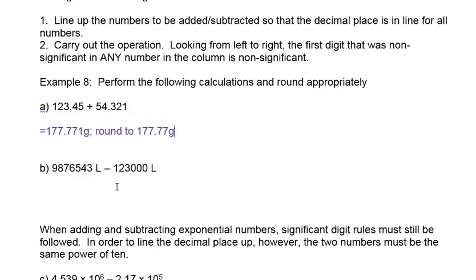This one here, again, it might be nice to just line them up. So when we put that in, we're going to have 3 zeros, a 3, a 2, and a 1 to make sure they're lined up here. Also notice when we're adding, we can only add and subtract things that have the same units, and our final answer is going to be in those units, right? It makes sense. If I add centimeters plus more centimeters, I'm still going to get centimeters. So when we do this calculation, we're going to get,